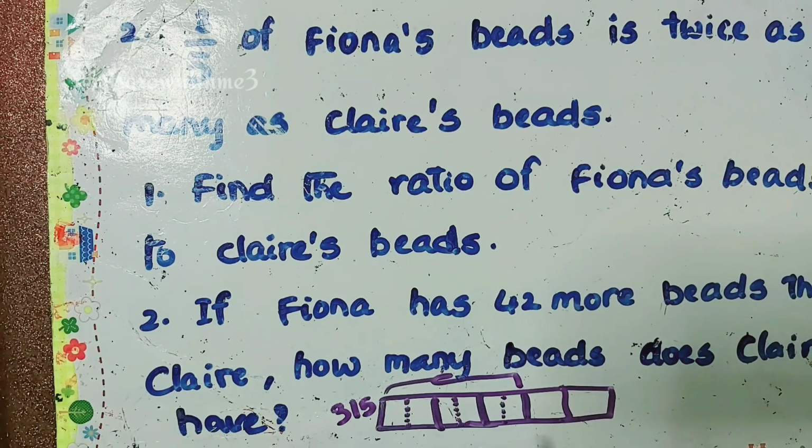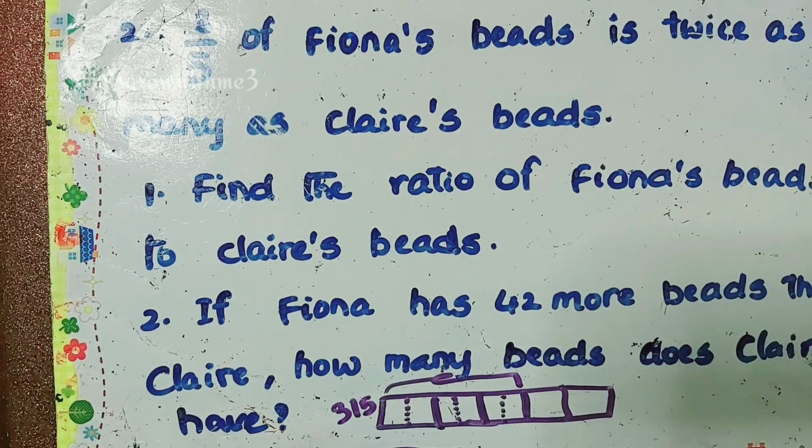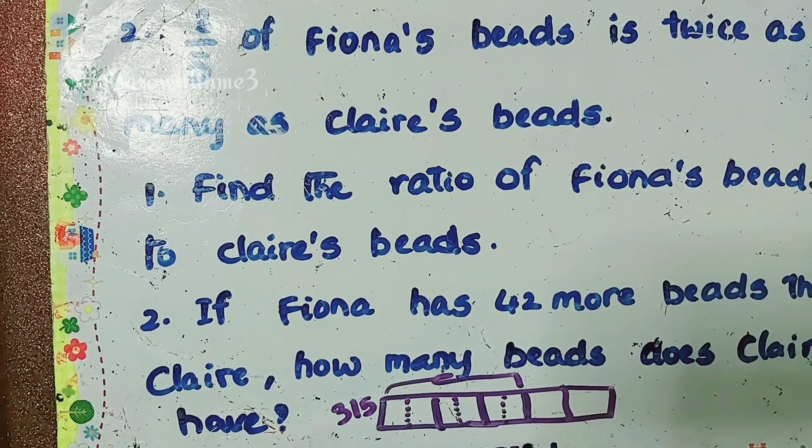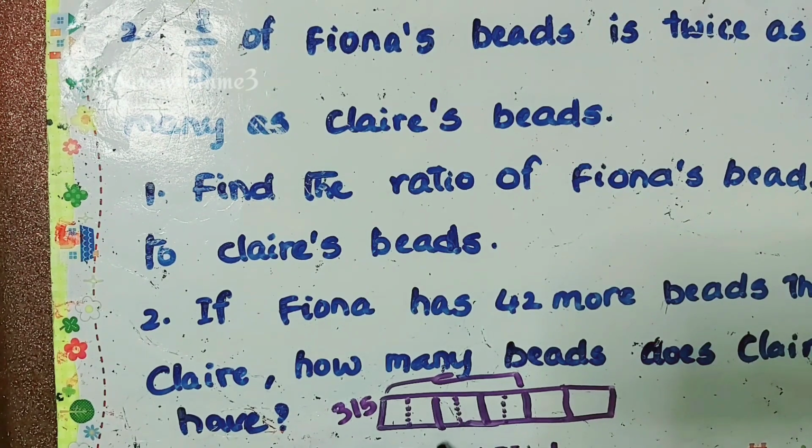Okay, so now 3 units we will consider as 1 unit. Okay, so let's draw. This is a total of 6 units, with 2 units for Clary, right? Because it is saying double. Okay, a single unit means the first 3 boxes will be a single unit. Okay, so now we need to divide both subjects into the same quantity, right? Okay, let's divide Clary's one also. Here you are getting 3 parts, right? So in Clary's first unit also you will get 3 parts.